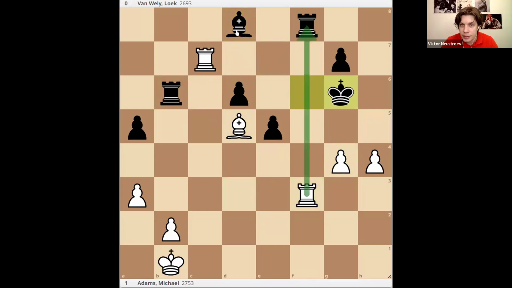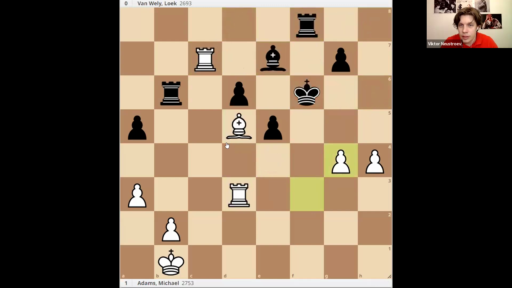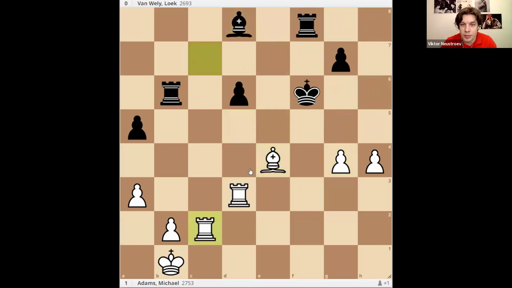But if we take, they take our rook on c7. But I think it's fine, right? So we take, they take. It should be a checkmate, right? This, he goes there, and rook h8. So that's why they play e4 to vacate this square for the king. But then even after bishop f4, they are already a pawn down and the game is completely winning.